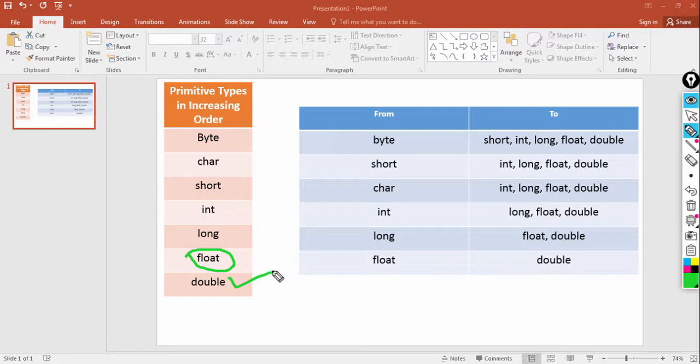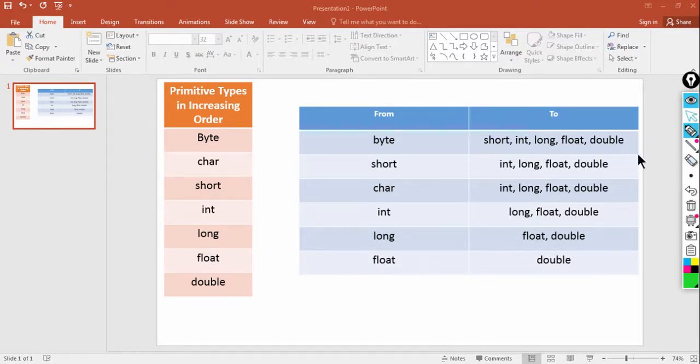So remember that we are talking about implicit conversions, okay. When we talk about explicit conversion, we'll see that there is a way to downgrade the values. That means how we can assign a larger data type into a smaller data type, okay. So that is possible, but there will be some loss of data, okay.